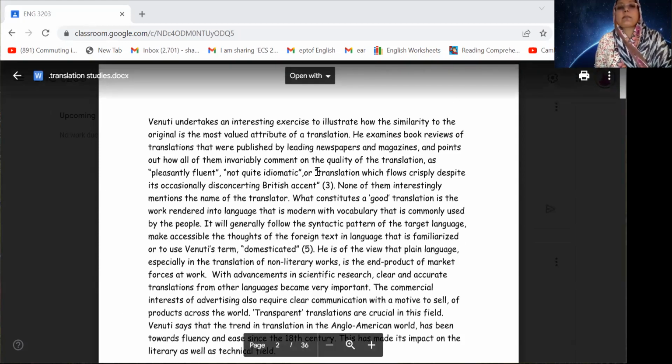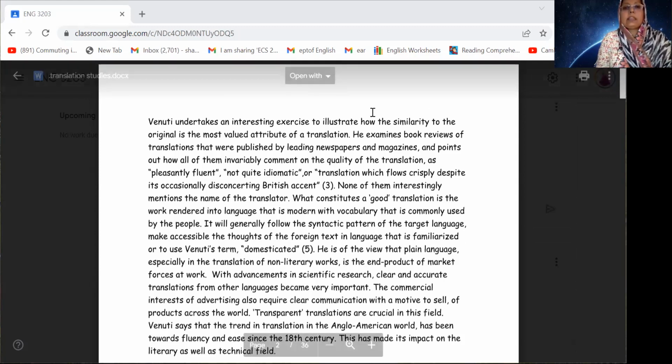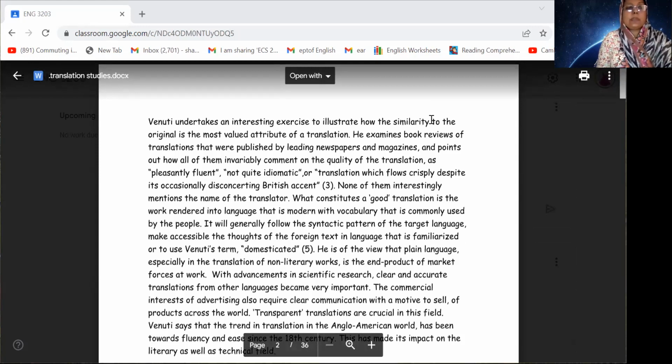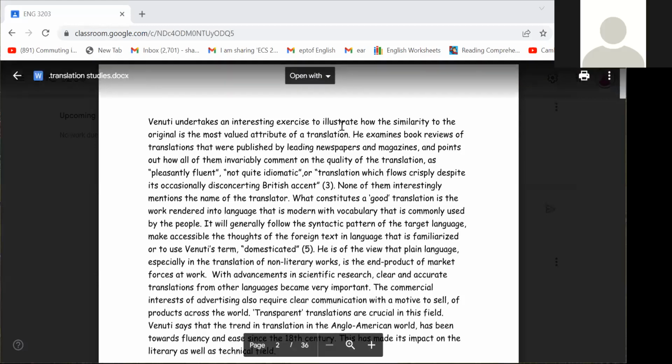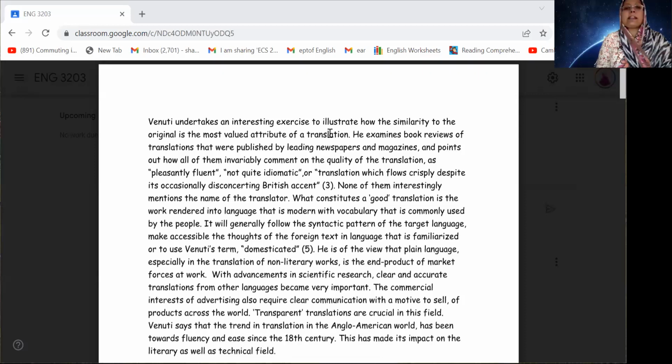Okay, that... Venuti says that illustrates. Illustrate মানে ব্যাখ্যা করেছে। Okay, এই যে illustrates how the similarity অরিজিনাল টেক্সটের সাথে যে মিল আছে সেটাই ট্রান্সলেটরের কাজ। অরিজিনাল টেক্সট এবং ট্রান্সলেটেড টেক্সট both should be similar. এই কাজটাই করে কি ট্রান্সলেটর। Okay, he examines book reviews of translation that were published by leading